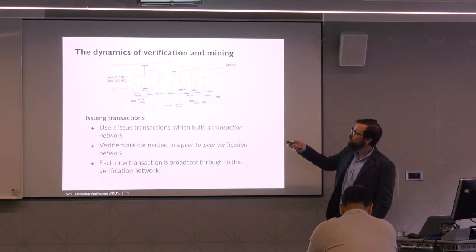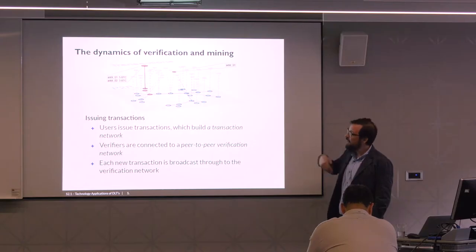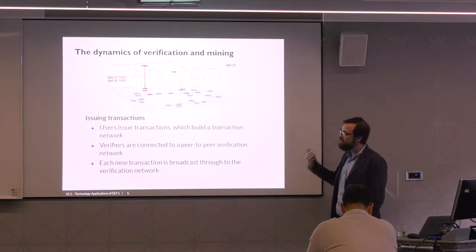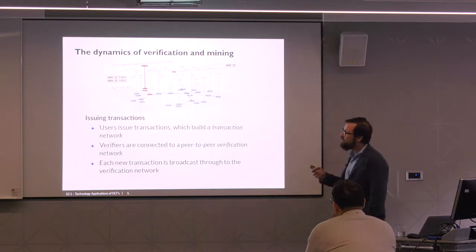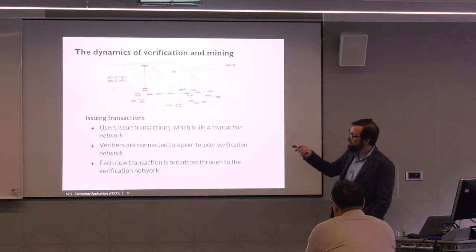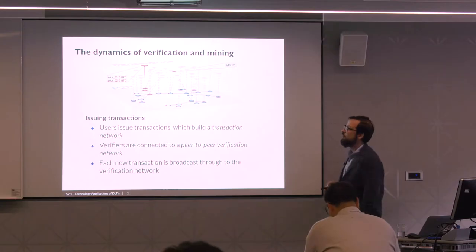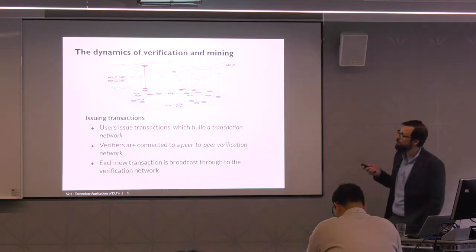Given the fact that this node came to know this transaction, what he does is broadcasting it to its neighbor, and when the neighbor gets to know this transaction, repeats the process of gossiping the new transaction that has been received, which means that sends it further to this node in the network,